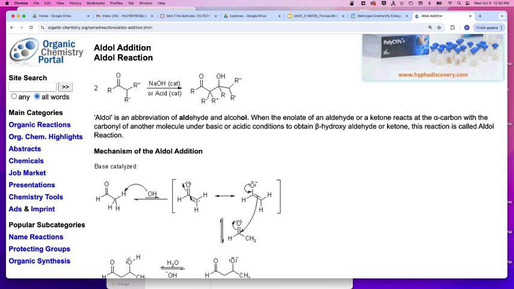Very easy to lose track and all the other stuff moving around. Stop it. Focus where the chemistry is happening, and that is it. Tons of practice. And with that, we will